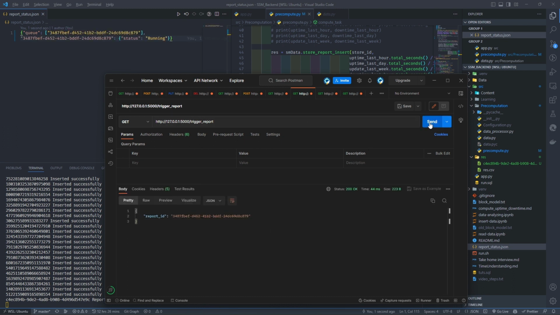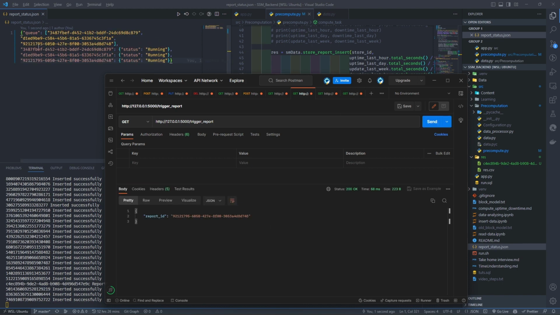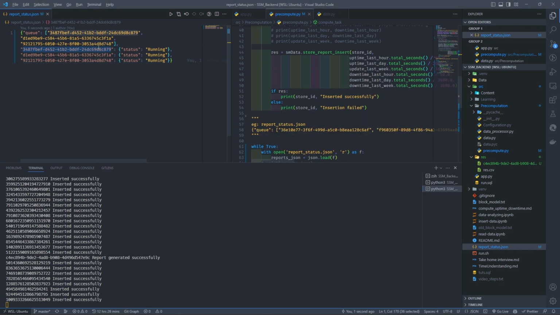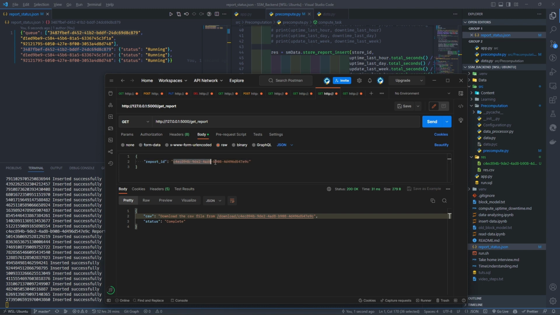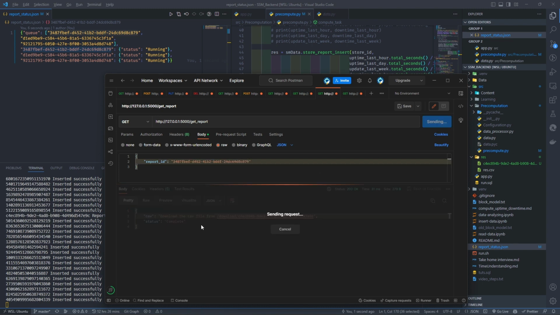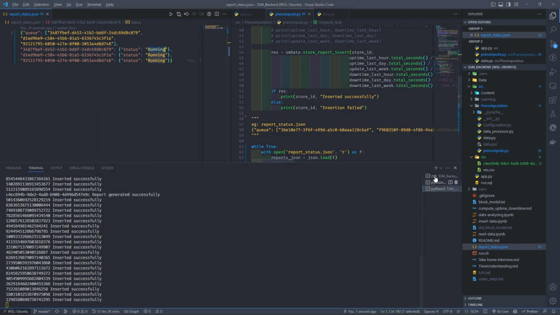One, again send it. Second one. Again the third one. This is three processes to run. Let's wait till this is completed. If you want the response of this store ID, yeah, we can get that. But it's still running. It's running okay. And if you want to see how much data is still